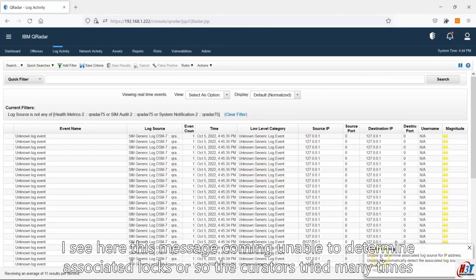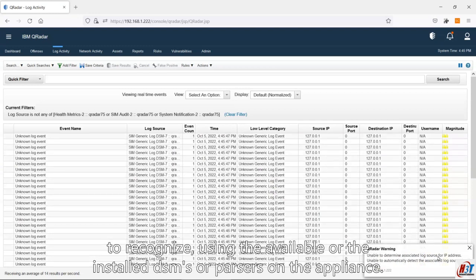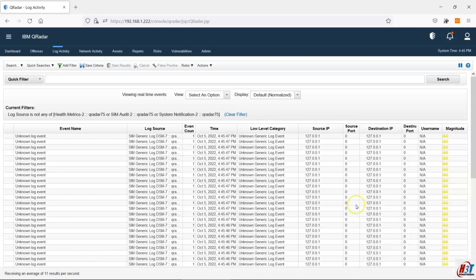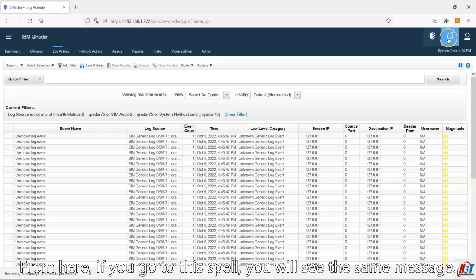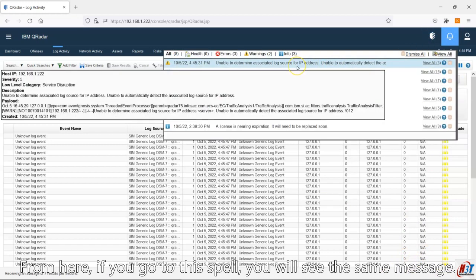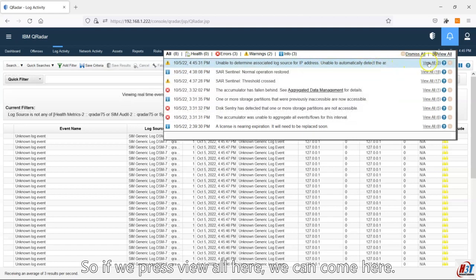I see here this message coming: unable to determine associated log source. So QRadar tried many times to recognize it using the available, installed DSMs or parsers on the appliance, but at the end it failed. You can access this message, it just popped up a few seconds ago. From here, if you go to this bell, you see the same message: unable to automatically detect the associated log source. So if we press view all here,